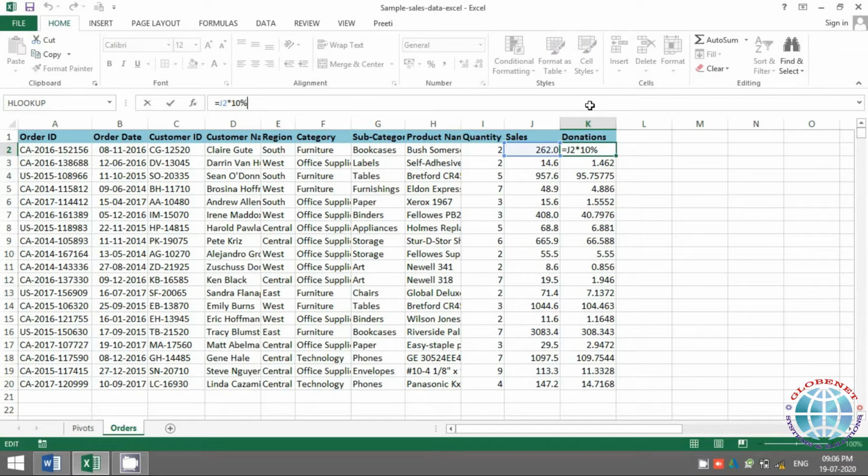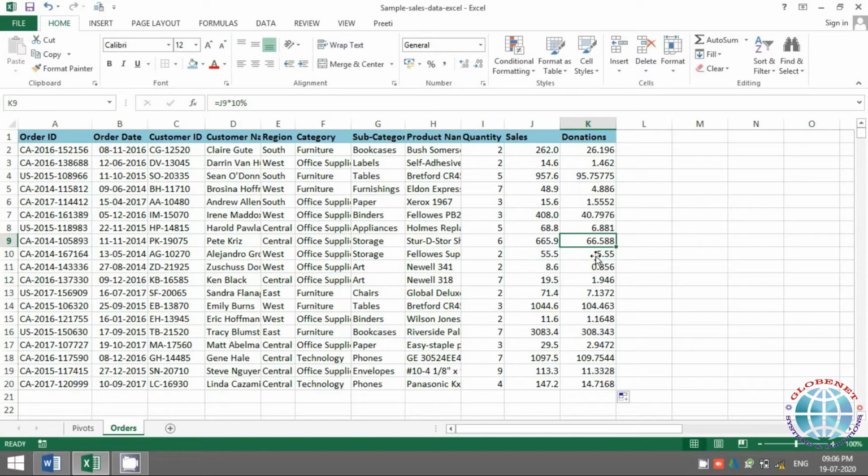So the pattern here is a cell before the current cell into a static value. That is what Excel takes it as, and the same thing goes on. If you see, as and when the row is increasing, the references is changing. So from J2 it's become J10 into 10%.